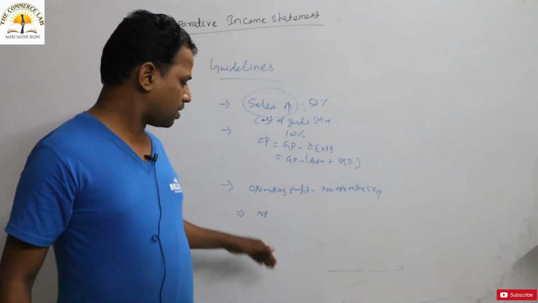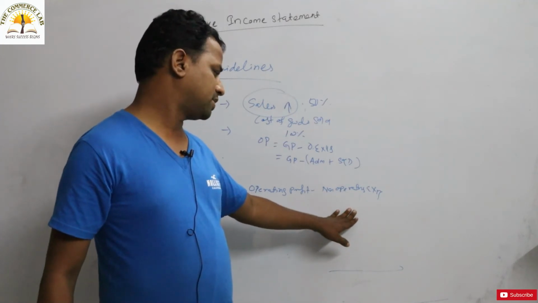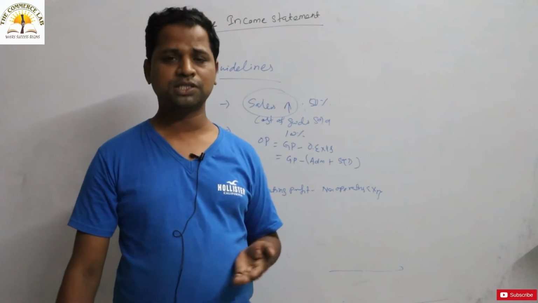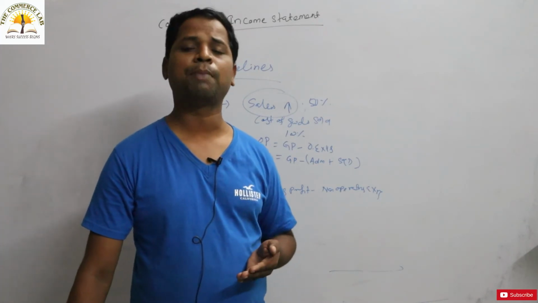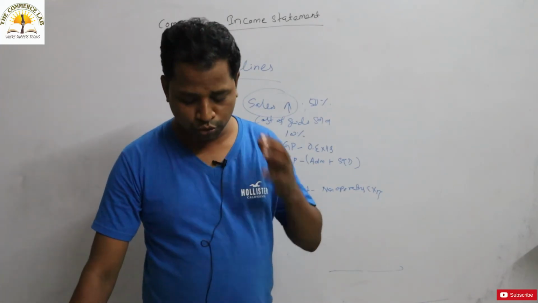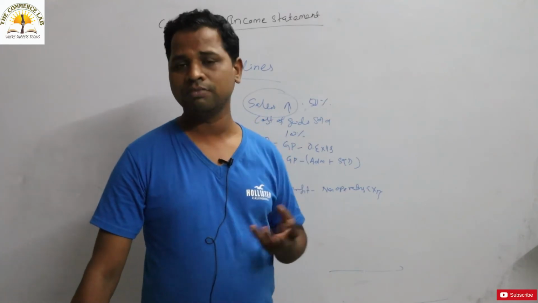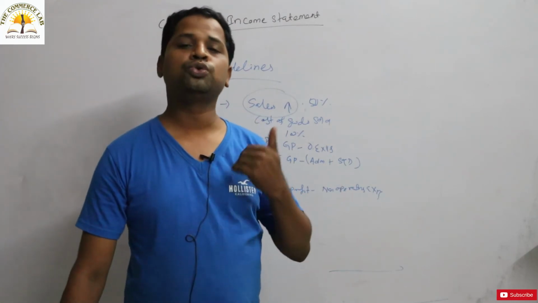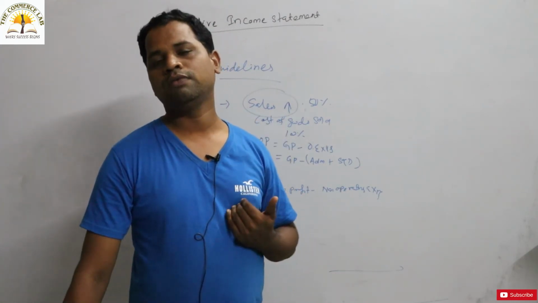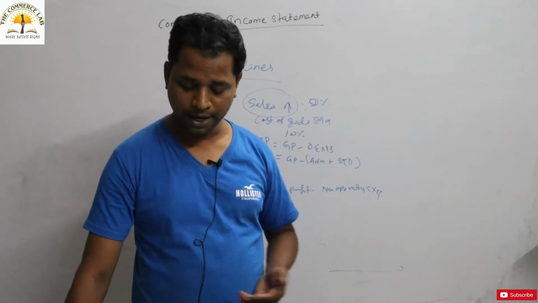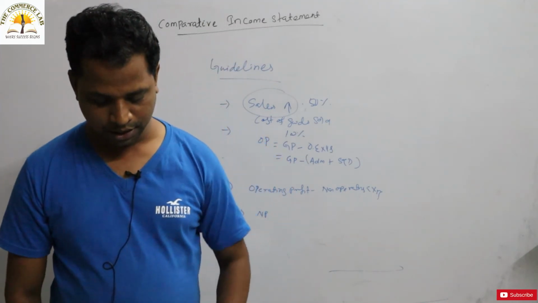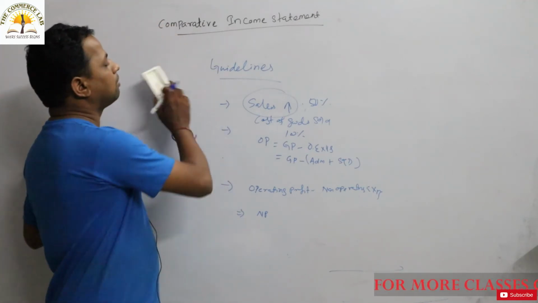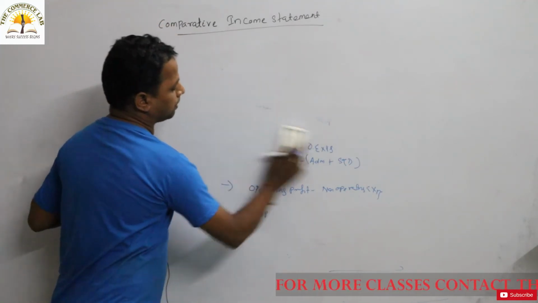Okay. So if non-operating expenses are more as compared to operating profit, then that means the firm is incurring loss. That net loss will come at that particular point of time. And through this particular comparative income statement, you should be able to know the profitability position, whether that is good or bad for a particular company. Okay. So this is the format and this is the guideline of this particular comparative income statement.